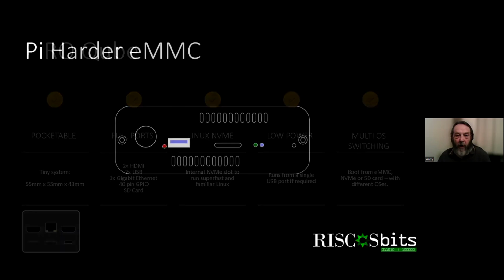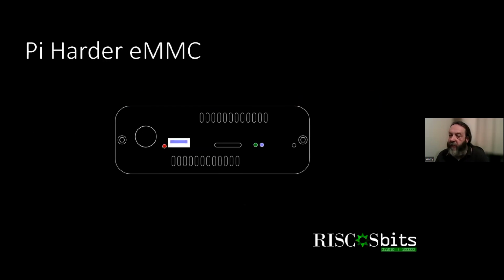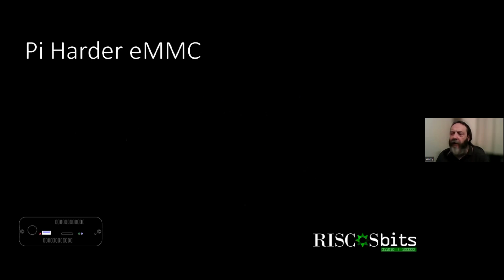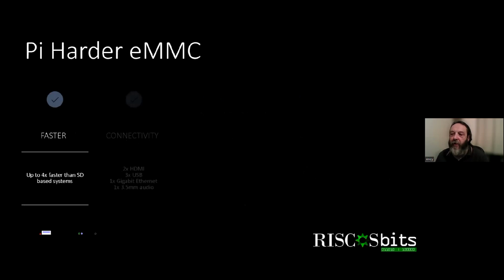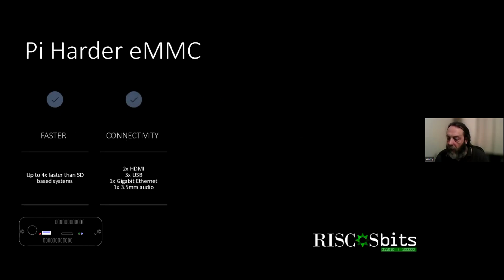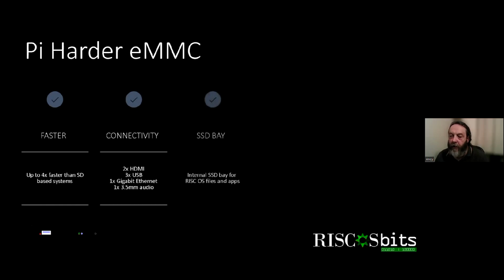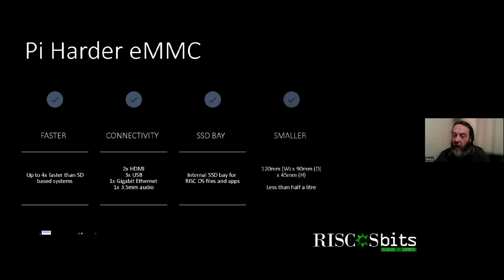The next one out of the blocks is the thing that's been a bit of a pain for me this week, accidentally almost, because I had no intentions of ever running this from an SD card, but then suddenly realised that you couldn't run it from an SD card with the current ROM, so that's a bit annoying. So the Pi Harder eMMC is a smaller, more compact version of the Pi Harder that we generally do, running from a compute module with eMMC attached,